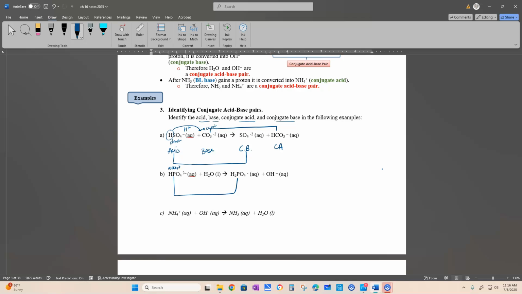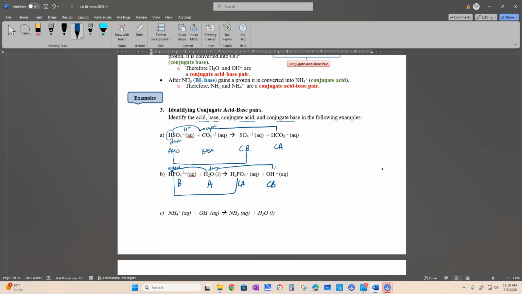He got a hydrogen, and who did he get it from? He got it from the water. Okay? So water donated, and HPO4 accepted it. So if this is my donor, that means this is my acid, and that's my base. And my base turned into a conjugate acid, and my water that was an acid turned into a conjugate